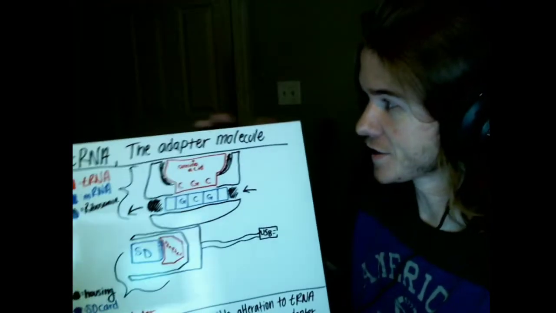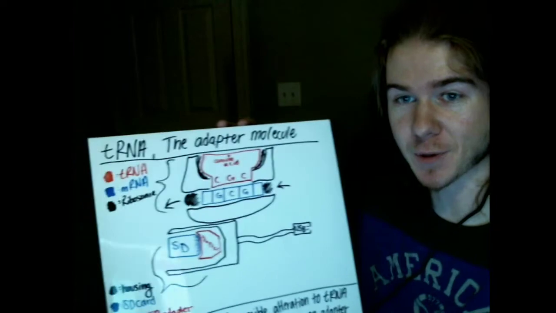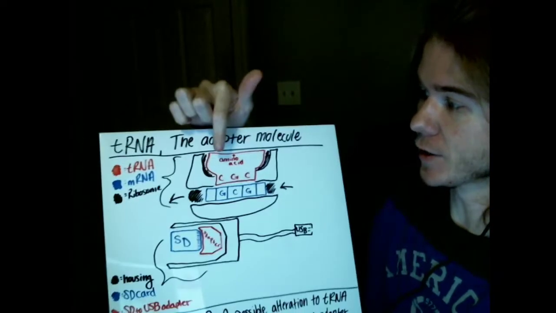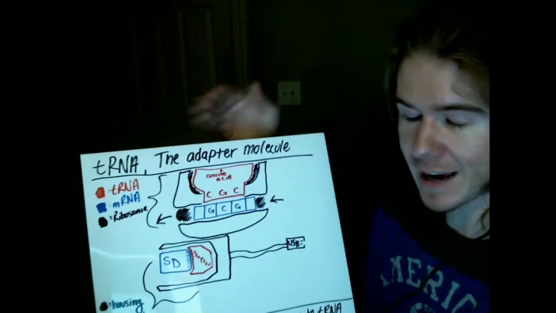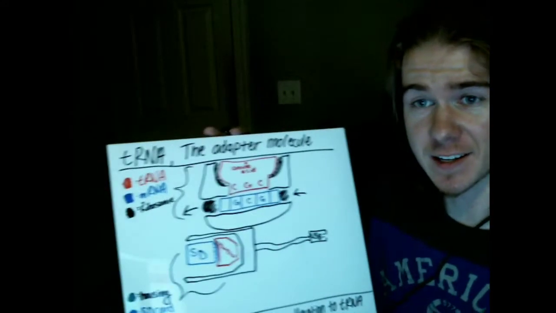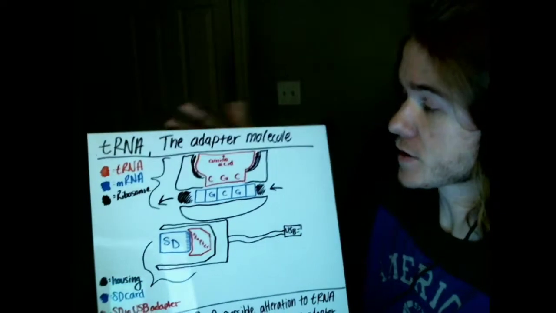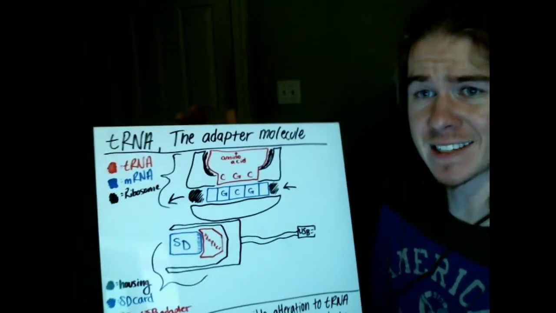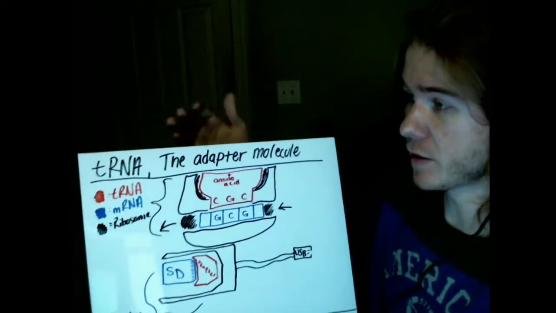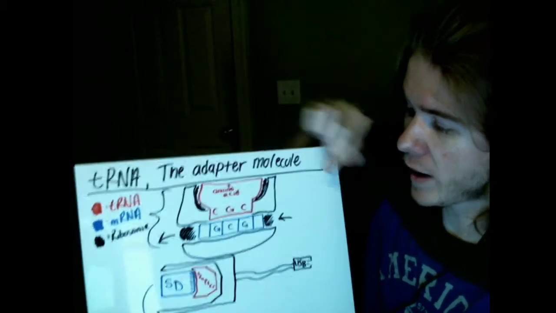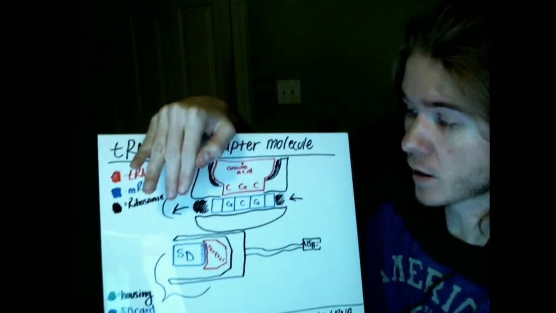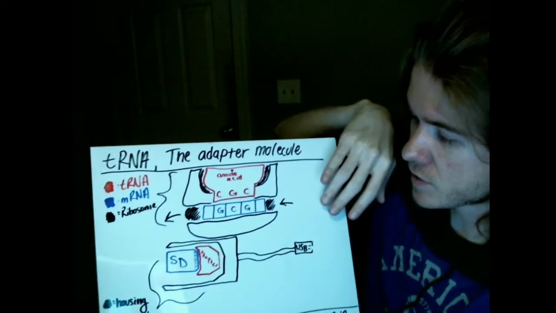Hello, this is going to be on tRNA, the adapter molecule. So tRNA, illustrated in red here, is called the adapter molecule by Francis Crick in his original hypothesis, and a reason he may have come up with that is because tRNA seems to function as some sort of adapter inside of the cell. So you have a mRNA strand entering the ribosome here,